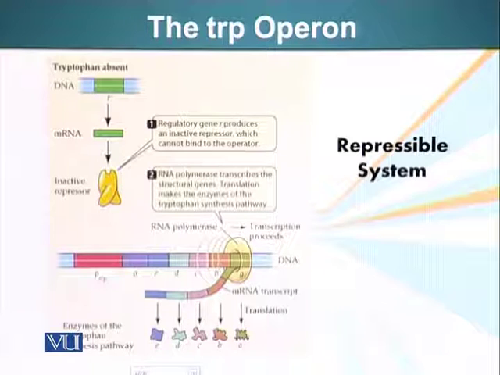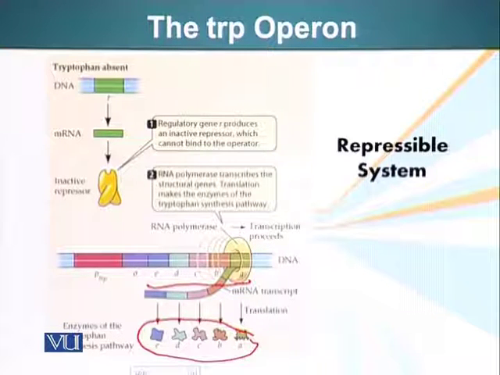We have structural genes which, when translated, help or assist the cell in making tryptophan. Upstream from these structural genes is the same as we saw in the lac operon. There is a promoter and an operator. We know the function of both these sequences. The operator binds the repressor. When the repressor is bound to the operator,